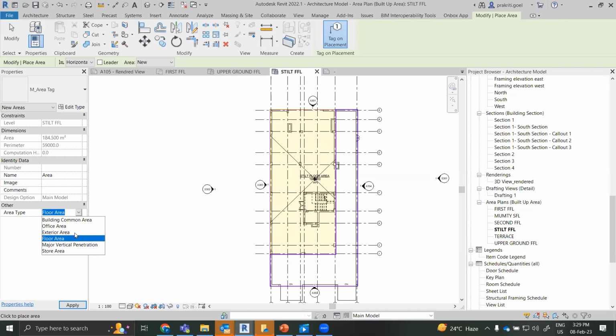So if I want to provide any other type, we have to go for parameter creation. If I talk about Indian standards, we actually go for open areas, not major vertical penetration. So over here you can see major vertical penetration is written, which means shaft, right? But in Indian standards, we separate the shafts as well as open areas, right? So that is why if we want to add some extra information, we have to go for